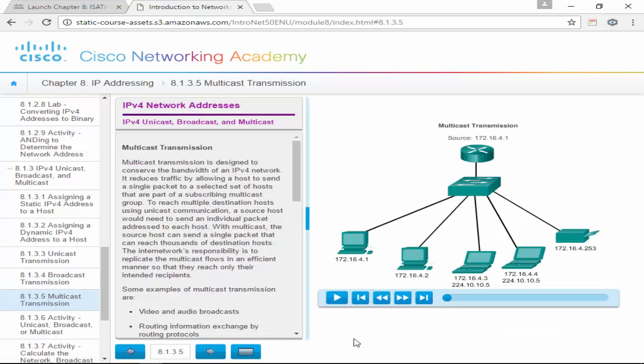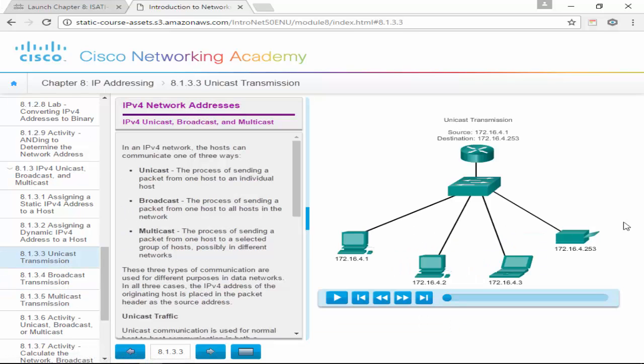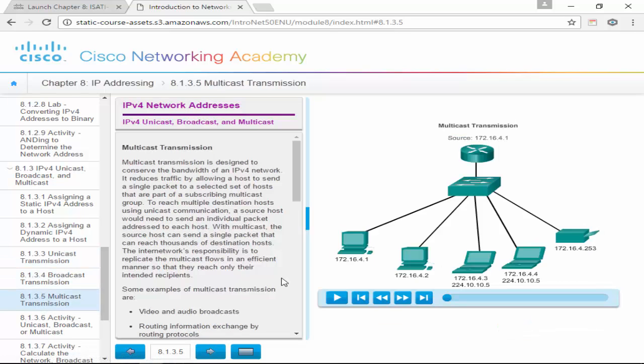Okay, so then we have multicast. And a multicast, did I skip unicast? I skipped unicast. So unicast just means one-to-one, right? He only sent it there. Remember, our broadcast sends it to everyone in the entire network. Okay, so one to all. And then a multicast is a one-to-many. So we just pick how many. It uses a special set of addresses, and it sends it to